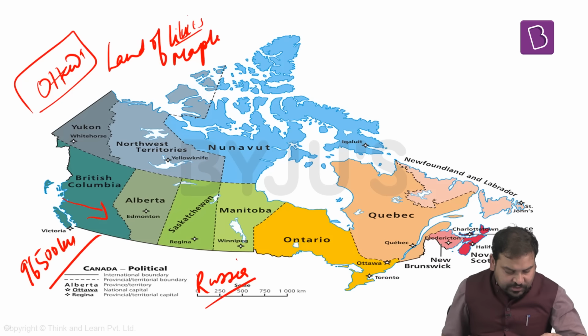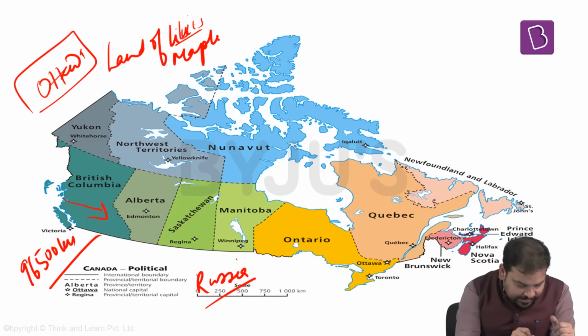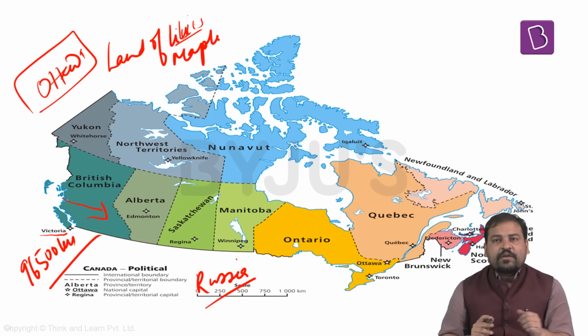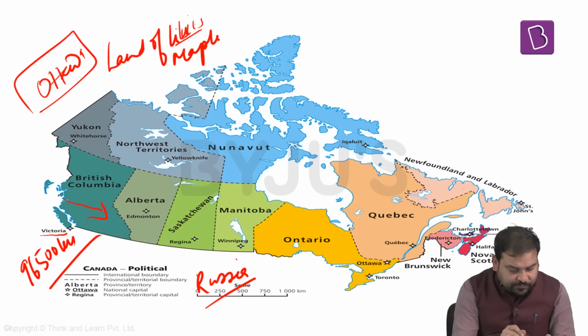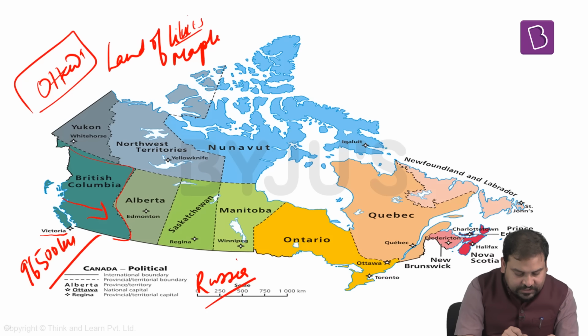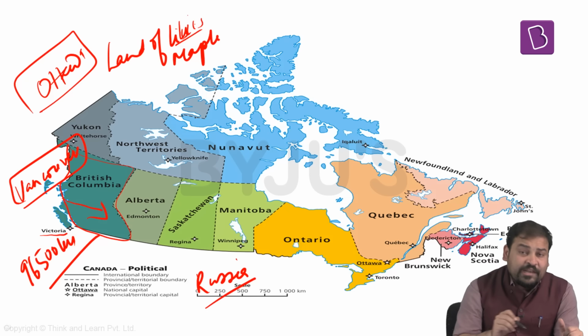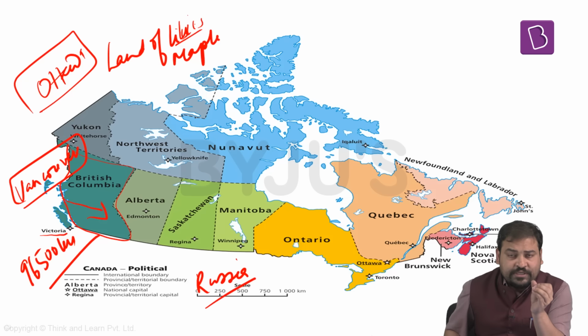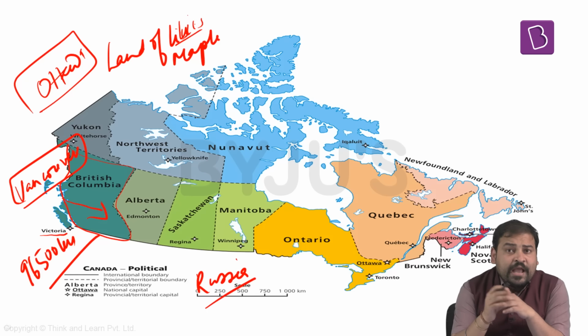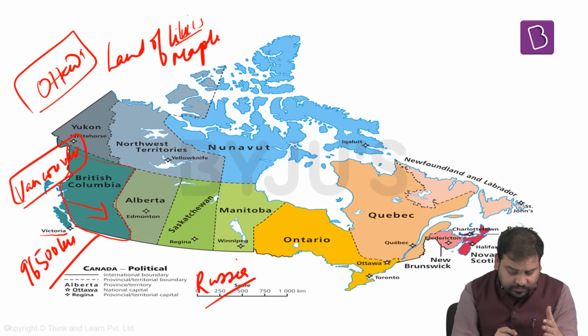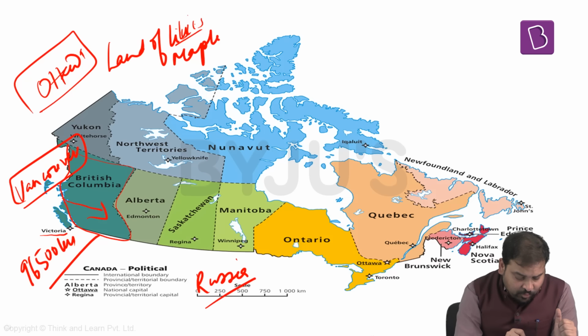So let us start with British Columbia, which has its capital at a place called Victoria, which is the biggest naval and fishing port of this particular state of Canada. Another important place in this state is Vancouver, which is very famous for the lumbering activities, which you understand, the activity of cutting the wood and using it for things like paper production. Along with that, it is also very famous for the fact that it is the most important center on the western side of Canada for fishing activities.